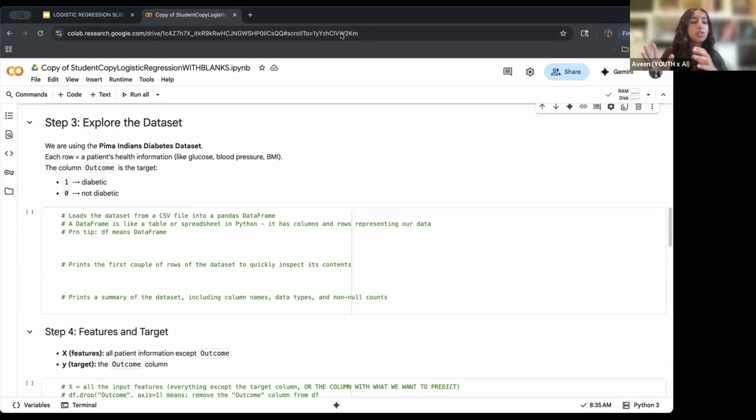It's outputting the class, so it's going to give us either 1 or 0. 1 means that the patient is diabetic, and 0 means that they're not diabetic. So just to code a little bit, to show the first couple of data points, we're